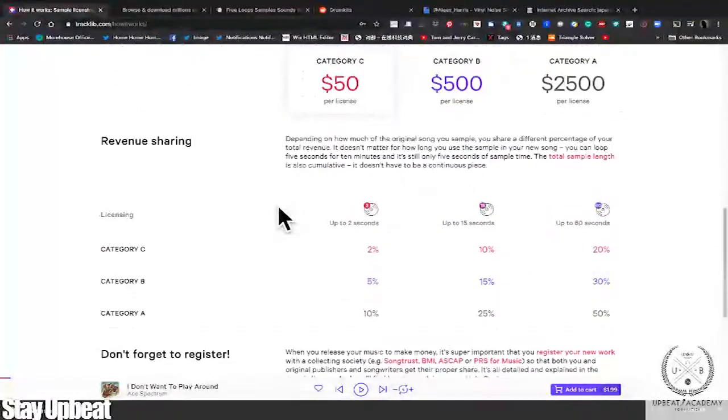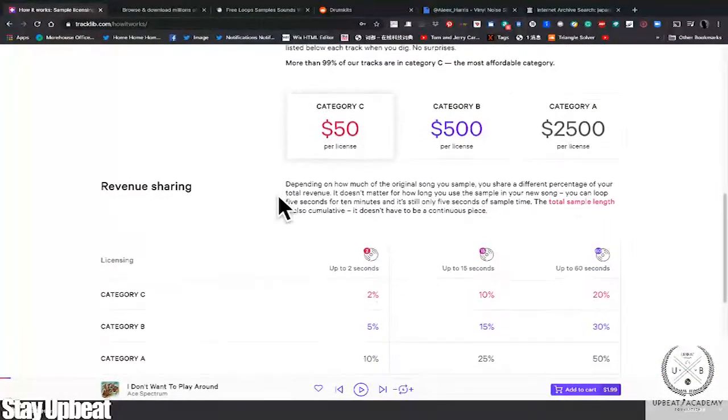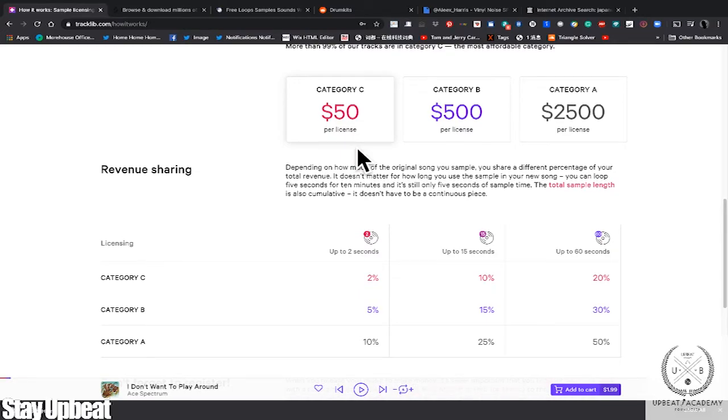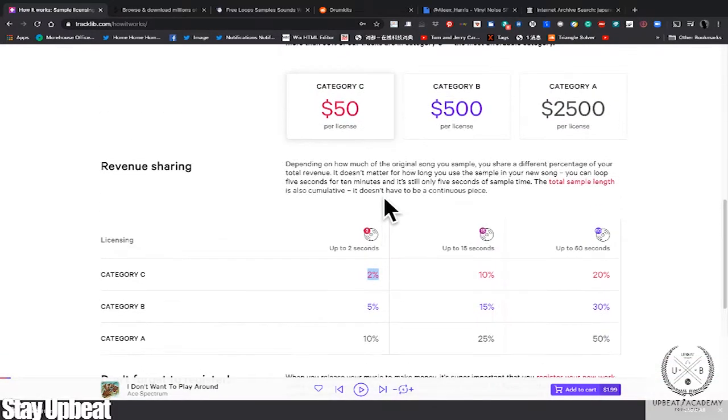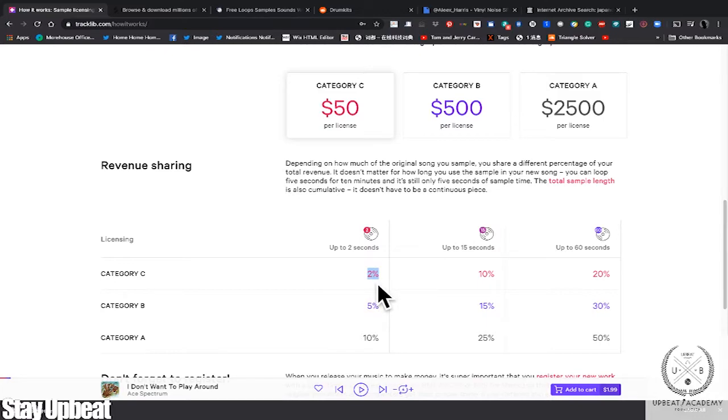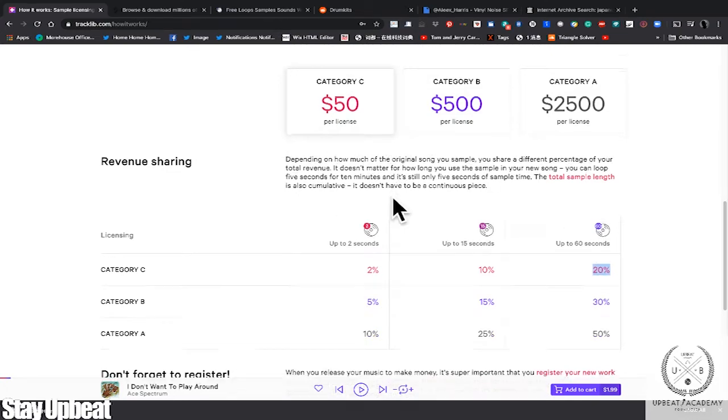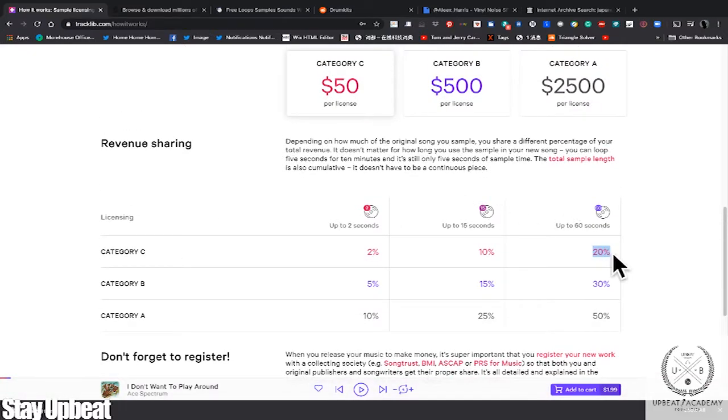And there's no surprises. You have the ability to sample something, and then they will tell you how much of the record it is. Look at this, here is the revenue share. If you use 60 seconds of a category C sample, you can license it for $50, and you only have to give 20% of the revenue share to the artist that you sampled,